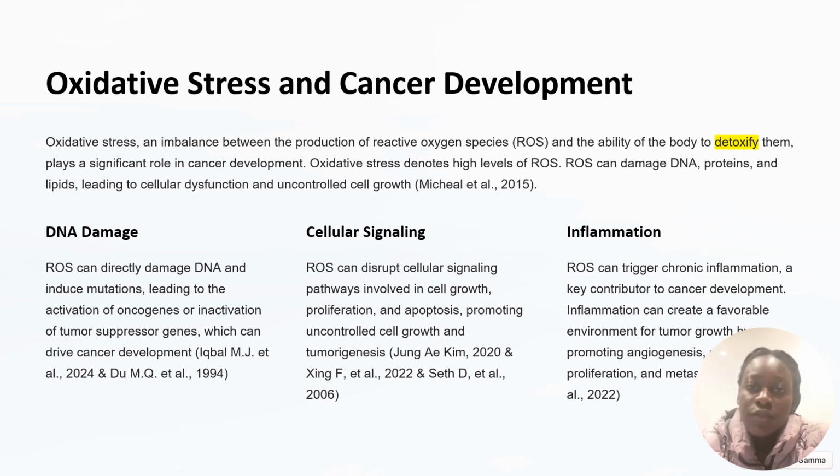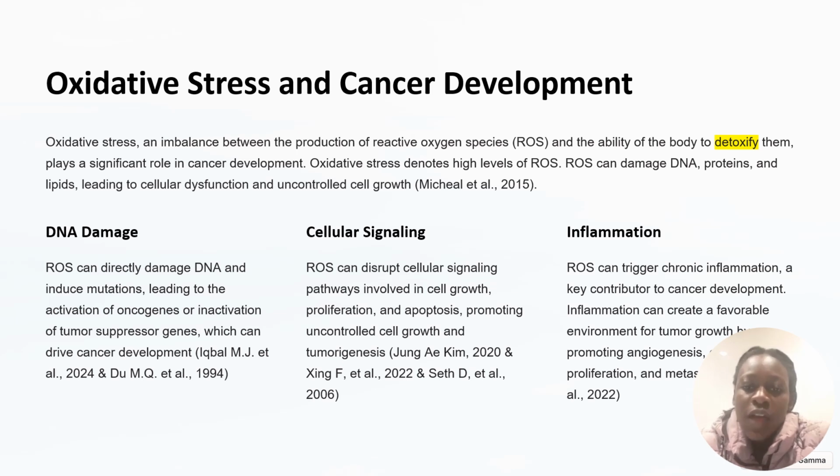Big role in cancer development. So if you remember, we talked about how the peroxisomes have the ability to detoxify, to convert the reactive oxygen species. So now once the peroxisome loses this ability, then oxidative stress can occur through lipid peroxidation. So a study in 2015 by Marco and other authors,